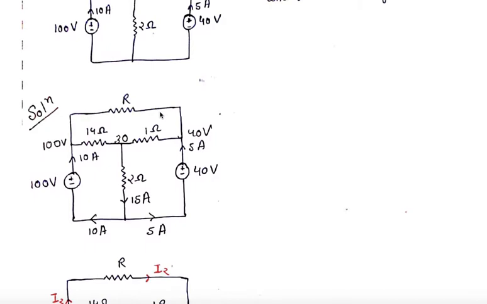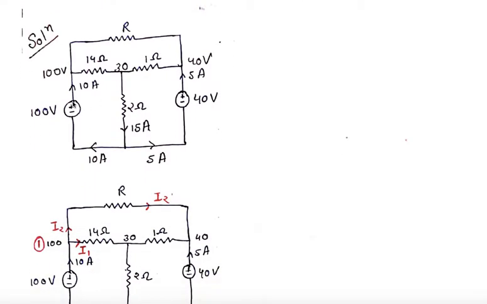So again we will redraw the circuit, and we have marked that 100 volt it is here, so in the whole branch the voltage will be 100 volt, and we have marked it at our node, because whenever we know the value of voltages at the node, it is very easy to apply KCL there. You yourself will see after doing certain questions, it is getting clear to you, okay, this node is given, so it is better to apply KCL, because sometimes this doubt comes when to apply KVL and when to apply KCL.